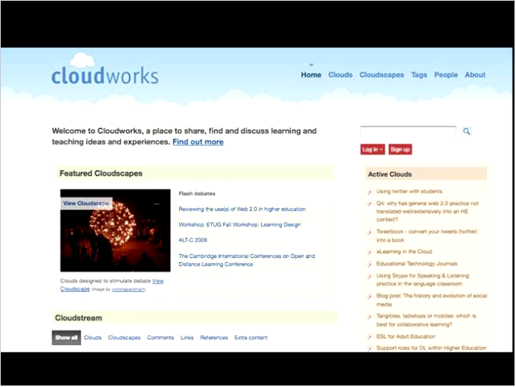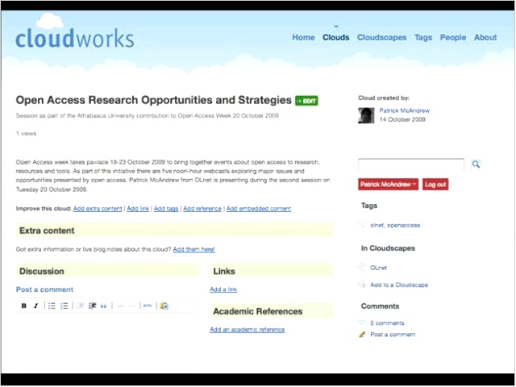So just to set a bit of background as well. We found that tools like Illuminate have helped us do some of this research, and I realize that you can't direct your attention in too many directions, but we've been using a tool called CloudWorks alongside the OLnet.org site as a place for us to run virtual events that have a persistence to them. And so I've also set up a place there to gather together the issues around open access research opportunities and strategies. And I'll paste into there the comments that we collect today